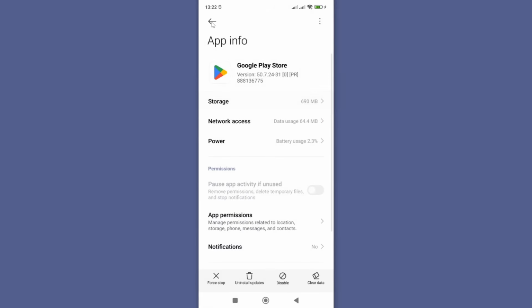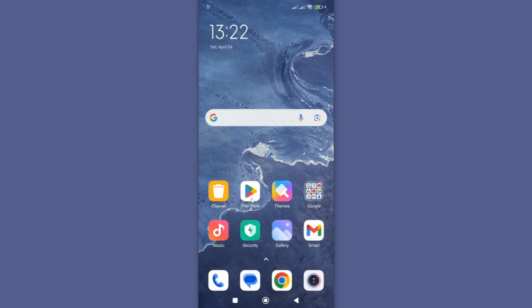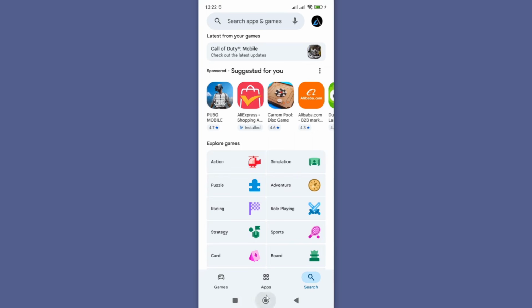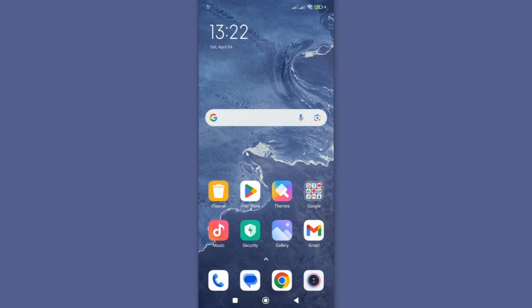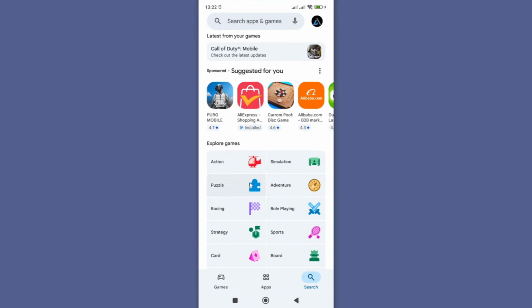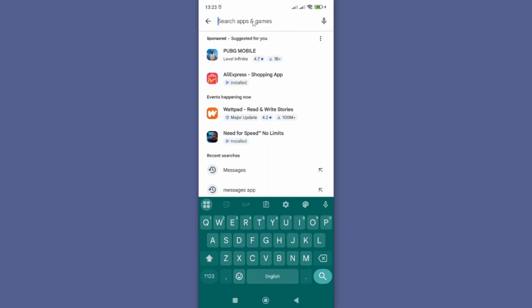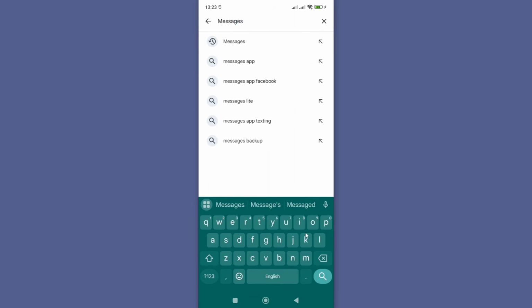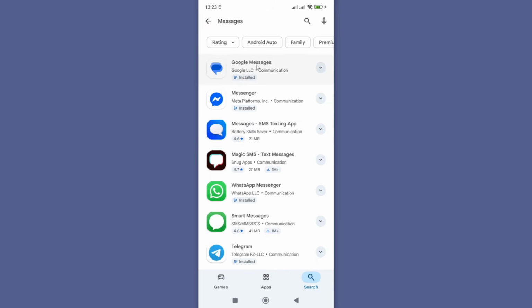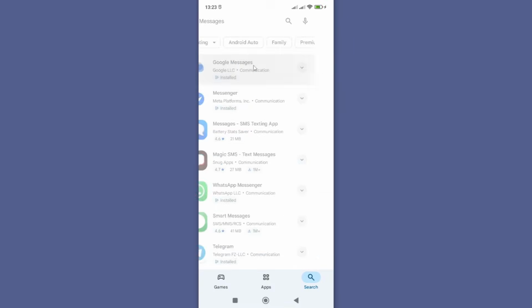At this point now, go ahead and open now your Play Store. But before you open Play Store, you will need first to restart your smartphone. Once you have cleared the cache before you proceed to Play Store, then just search for Google Messages or Messages, just like that. And if I tap on search, so make sure it is this Google Messages, tap on it,